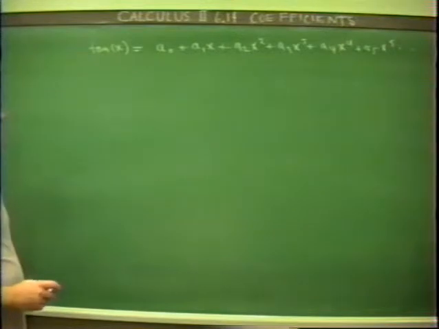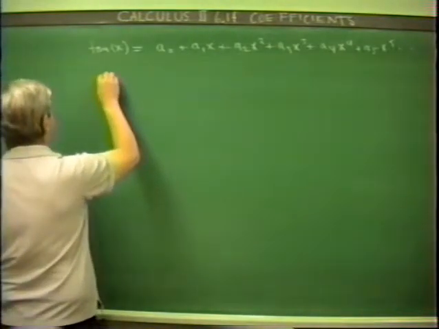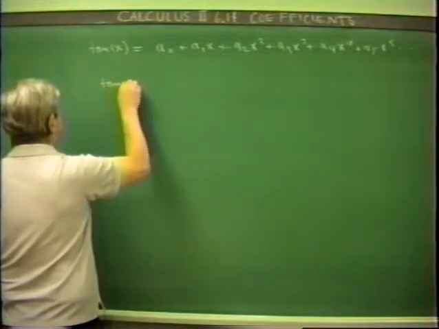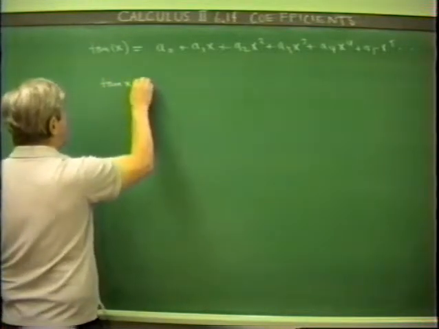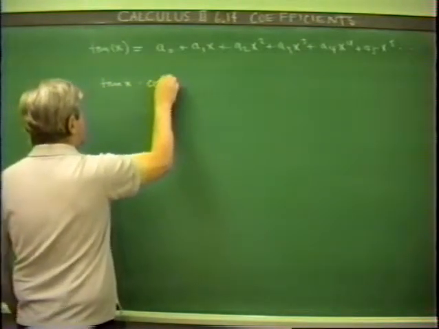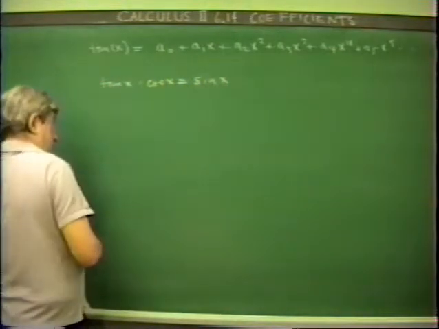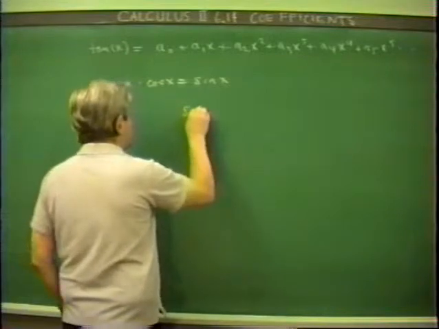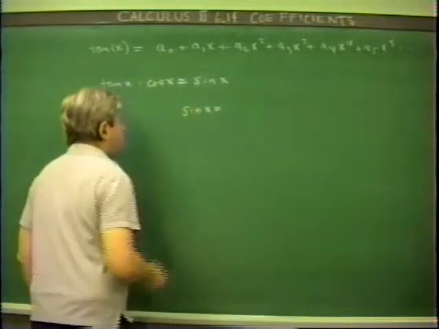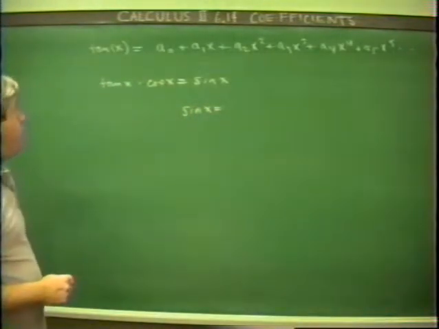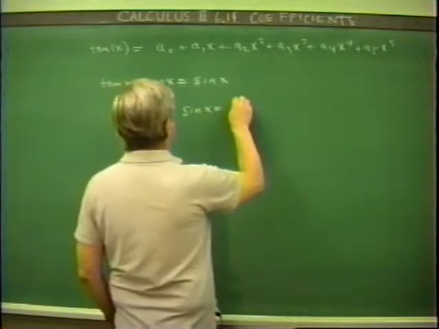And now this is analogous to the division here, but there are other situations in which you could determine the coefficients of the Taylor expansion or power series expansion of a function. What we have here is this: tangent x is equal to sine x over cosine x. So tangent x times cosine x should be equal to sine x. And now the expansion for sine x